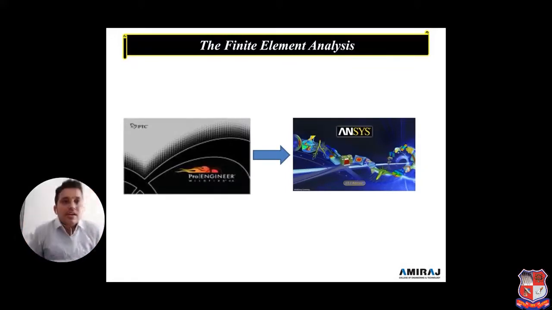In finite element analysis, we create a 3D model in ProE. We can say now it is Creo, or you can prepare it in Inventor or CATIA. We convert that model for ANSYS. If I give the example of ProE, we select the model and convert it into a STEP file, or Parasolid. Then we can upload it, or input it, in the ANSYS analysis.